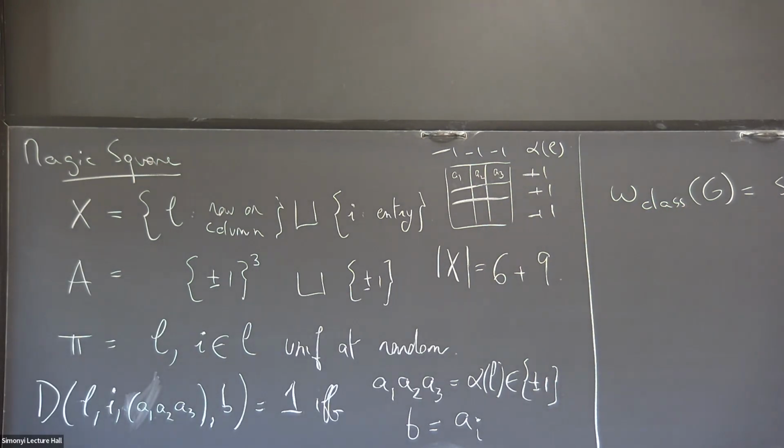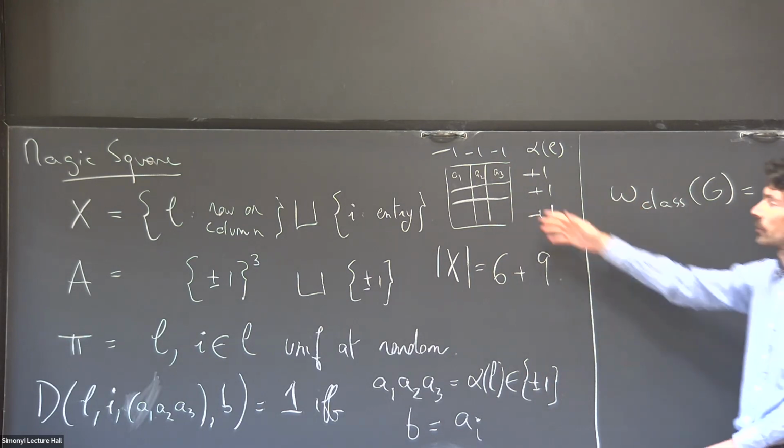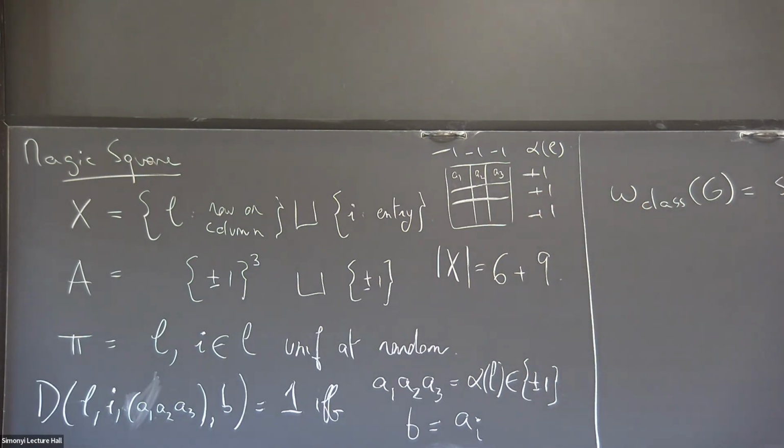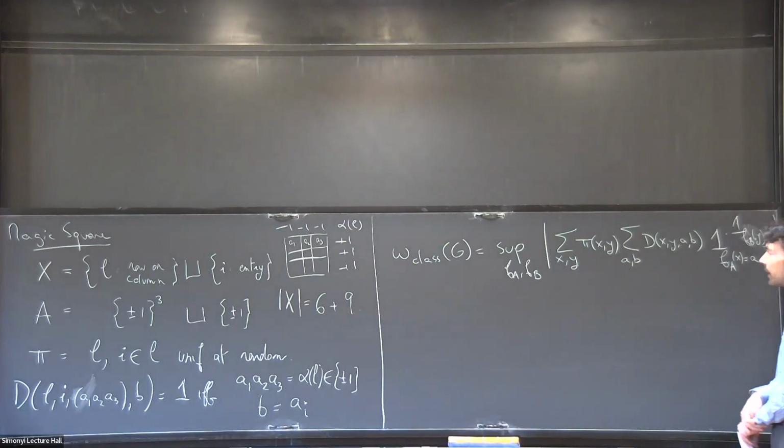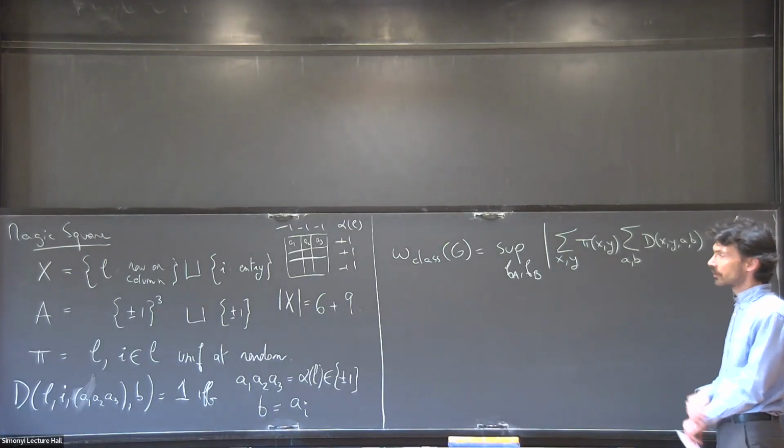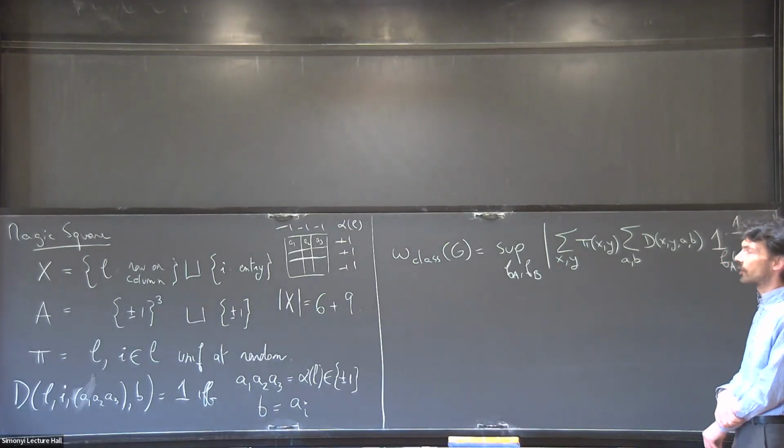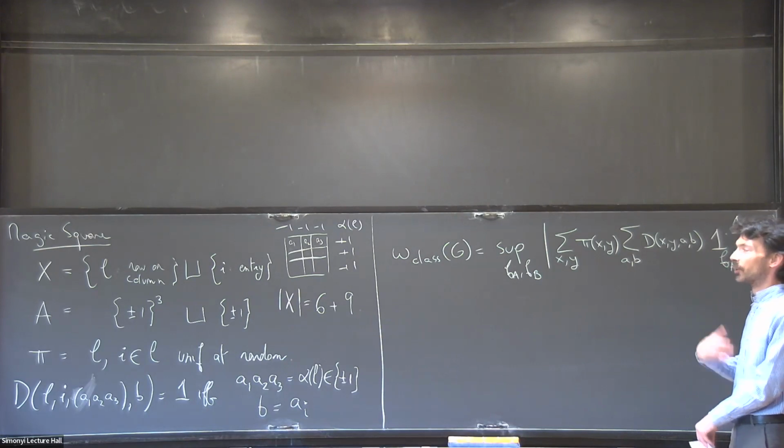So what this means effectively is that in order to succeed in the game, we're trying to fill in the 9 entries of the square such that the parity conditions are satisfied. That's the only way to succeed. And of course, it's not possible. So we can't succeed on all possible questions, and then it's not hard to come up with a strategy that succeeds on all questions but 1.